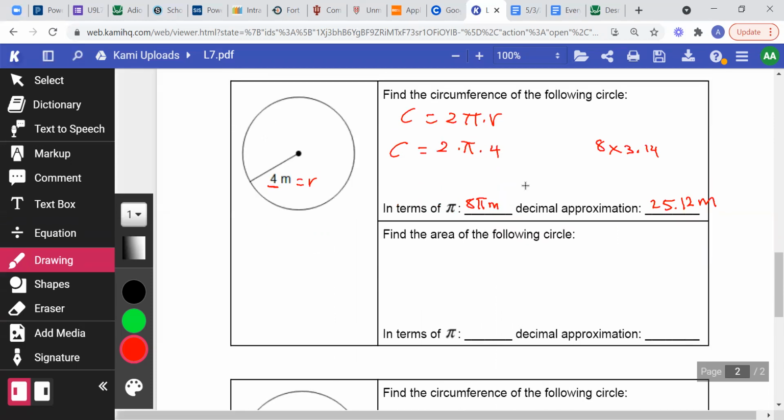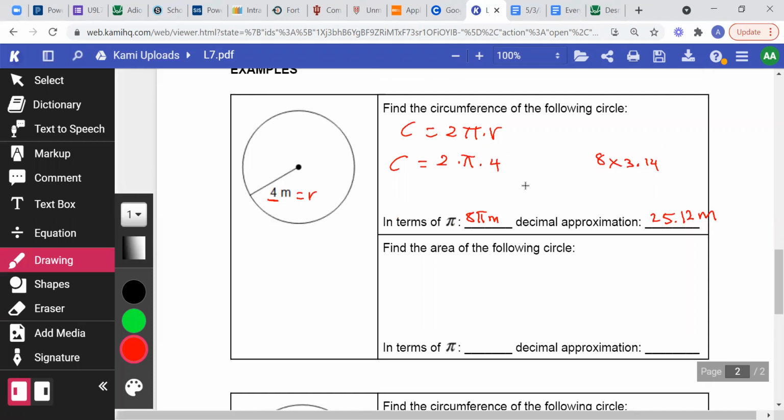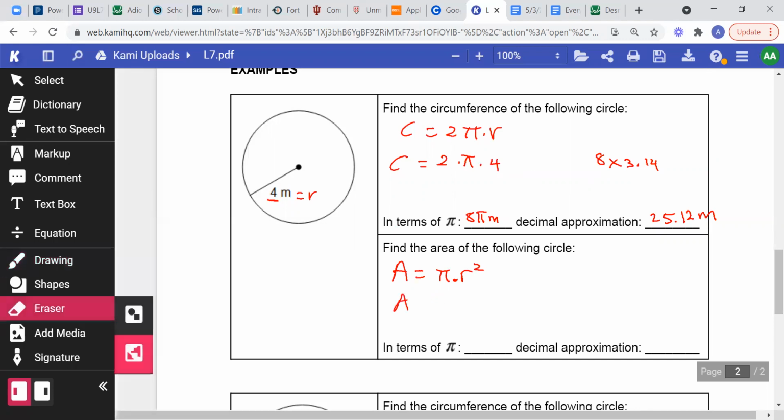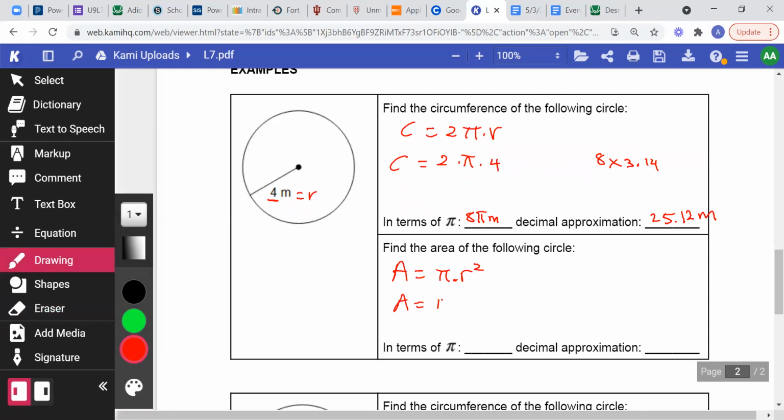Then here, we're gonna find the area. And since I said the circumference is always in unit, the area rather, the area is in unit squared. So area is gonna be pi r squared. And here we know r to be what? The r here is still 4, so you're gonna take 4, but make sure you square it. And what is 4 squared? Okay, 4 squared is 4 times 4. So that would be 16